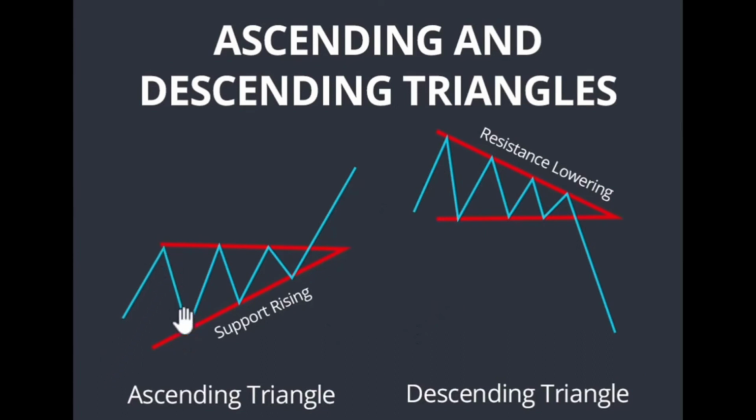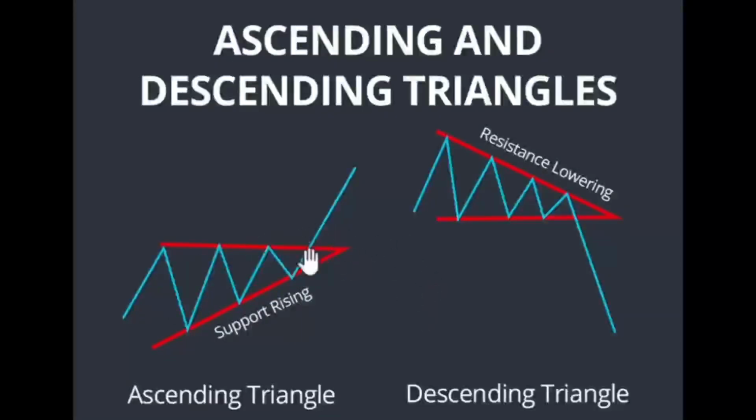The ascending triangle pattern is formed when the price makes higher lows and forms a flat resistance level. The descending triangle pattern is formed when the price is making lower highs and forms a flat support level. Both patterns indicate that the buyers and sellers are in a state of equilibrium, and the market is likely to continue its current trend. Traders often use the triangle pattern to make buy or sell orders, depending on the direction